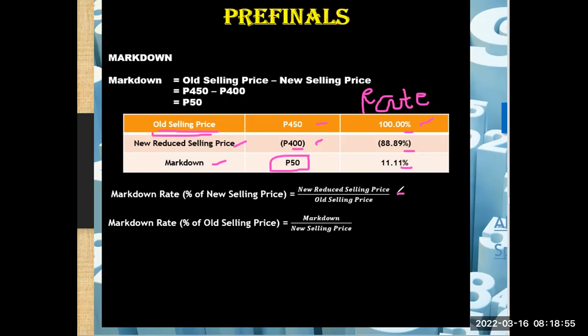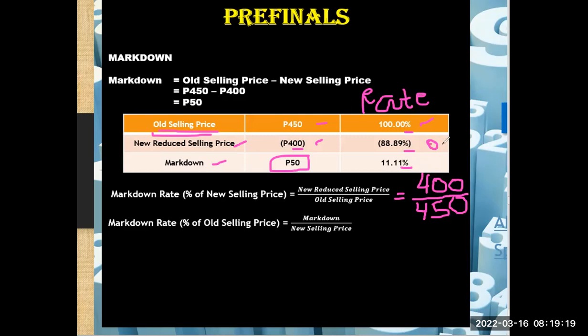The new reduced selling price is 400, based on the table. So 400 divided by old selling price, which is 450. We divide 400 by 450, it will give us 0.8